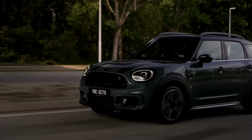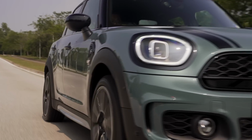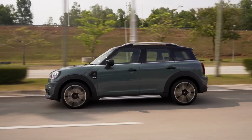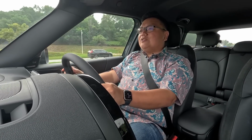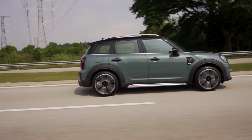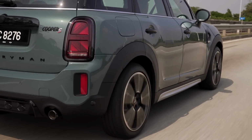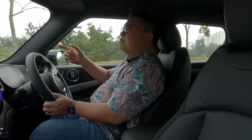But if you do just throw the numbers away for a little while and go by the feel of it, I think this is not a disappointment at all. It feels like a proper performance car, this. 7 seconds or not, this feels way more powerful than you would ever need your daily car to be. And even if you want to bring it up to Genting and whatnot, this should be more than fun enough for most people. Together with the signature BMW 4-cylinder smoothness and the rather odd, a little bit offbeat noise that comes into the cabin, I think it feels fantastic. It really puts you in the mood to have fun